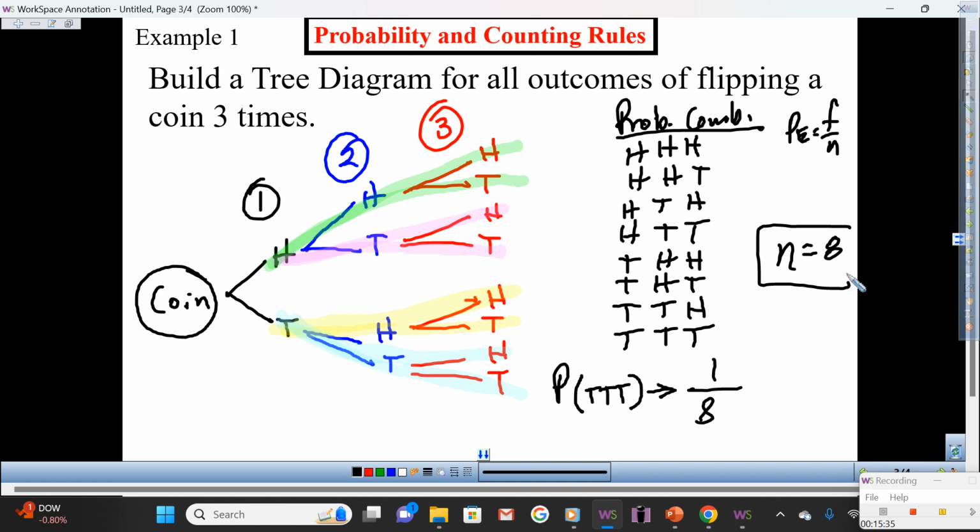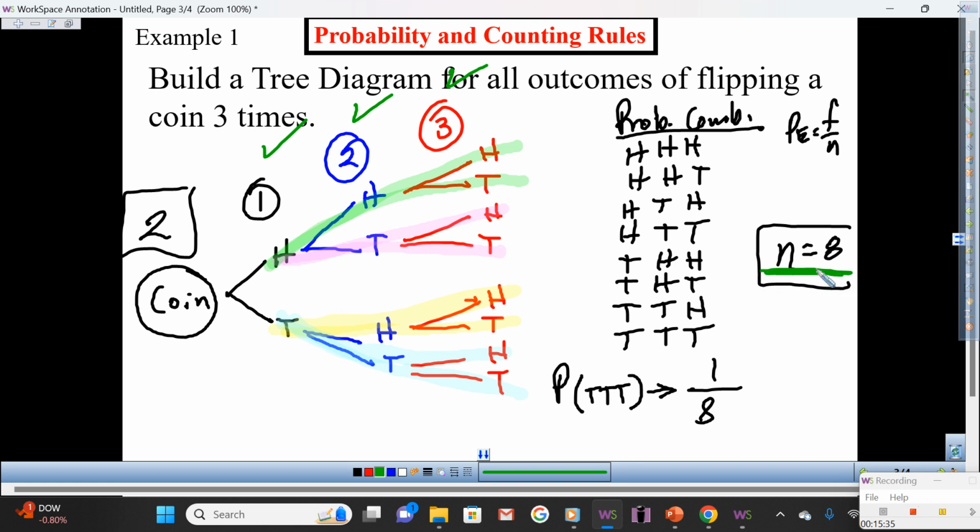So, writing utensils down, look up to the screen. Let's wrap this up so you can get started with our work. So, we started with a coin. Look up, please, or you're going to miss it. How many total outcomes do we have on a coin? 2, is that correct? Heads or tails. Then we flipped it how many times? 3. Pay attention to this. We started with outcomes were total of 2. We flipped it 3 times, and our N was what?